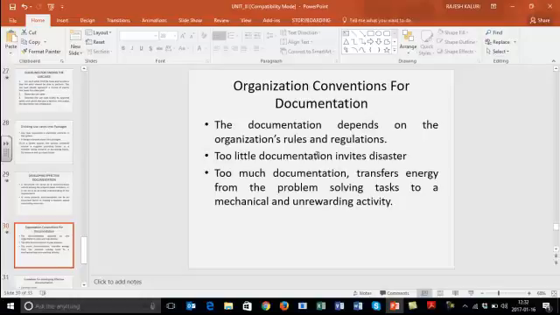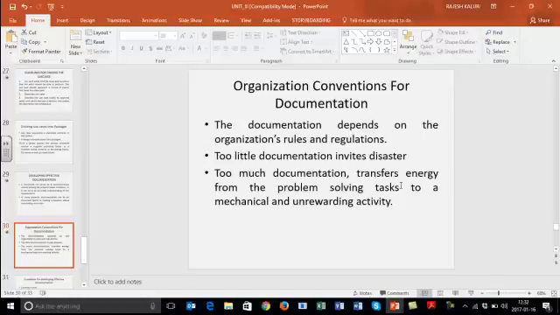And too little documentation invites a disaster. So don't provide very little documentation. Even if you are trying to keep it brief, it should be a complete one. And too much documentation is also a danger. So too little and too much documentation